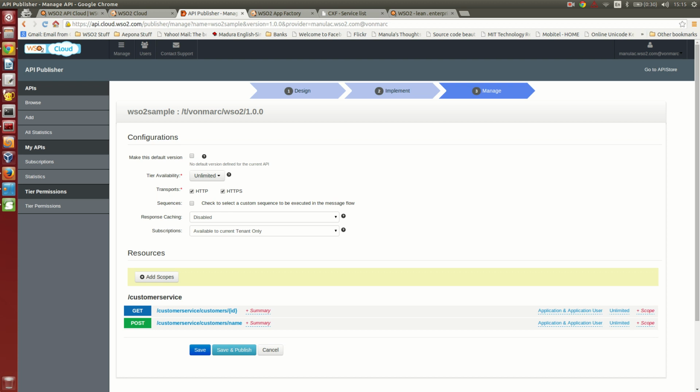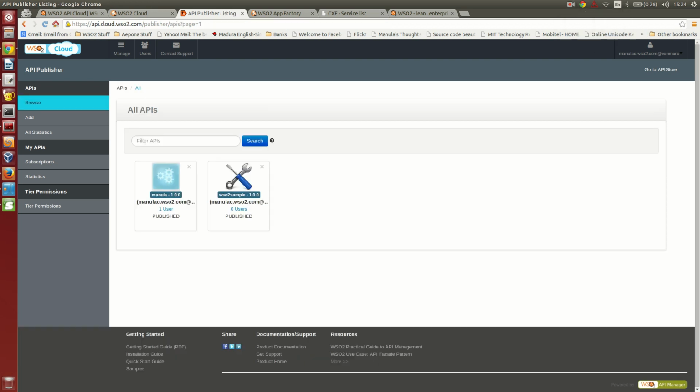The API subscription and accessing using the access tokens is explained in the next screencast. So here I have now clicked on the save and publish button. When you publish the API, you can see that our created API, named WSO2 sample version 1.0.0, is now in published state.